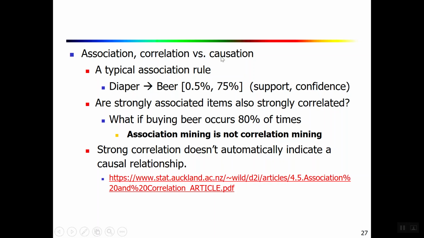So see if we have this support and confidence, this looks like a pretty strong rule. 75% of people buying diapers also buy beer. Maybe buying diapers is a good indication or increases the chance for people to buy beer. Not really. If we also look into the whole data set, what if buying beer actually occurs among 80% of the customers? Then buying diapers actually lowers the chance for a person to also buy beer. So by looking at this rule alone, we actually do not know